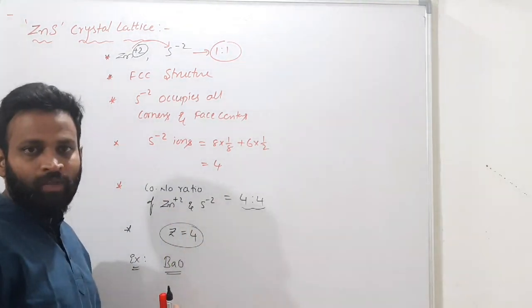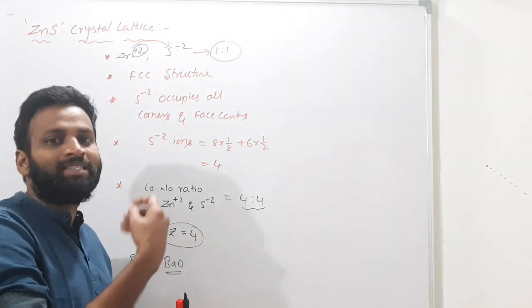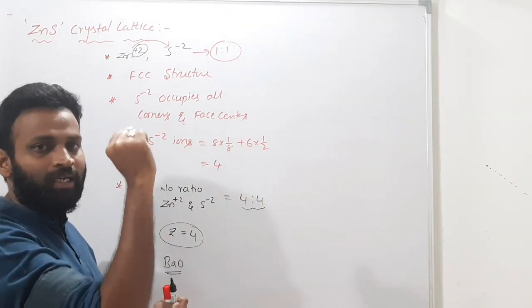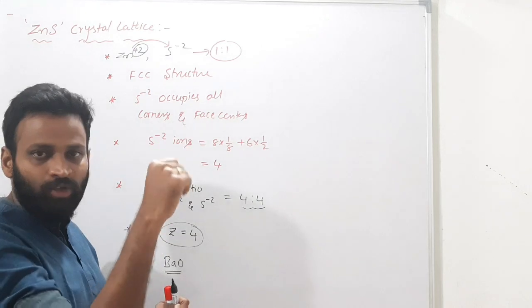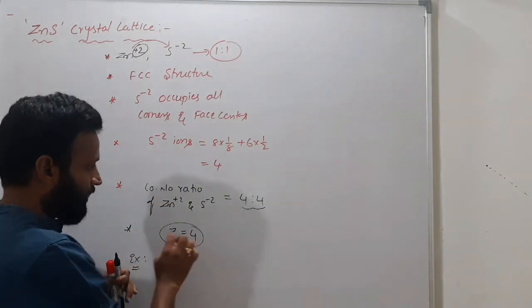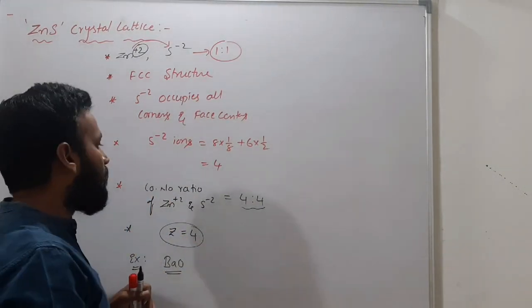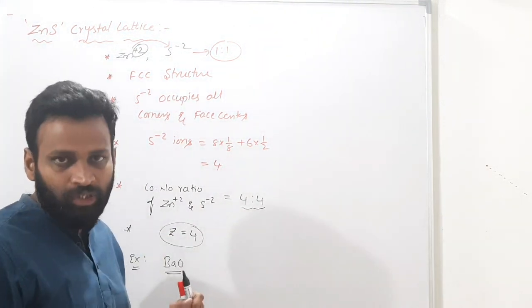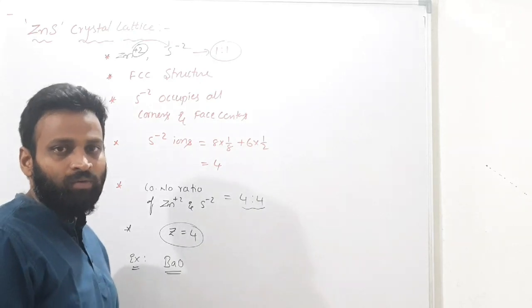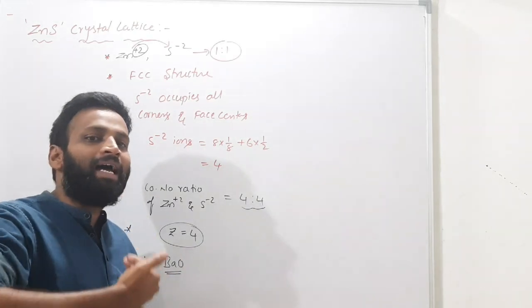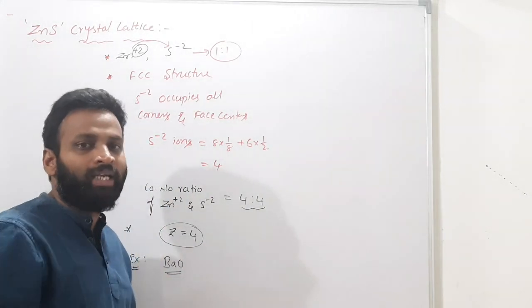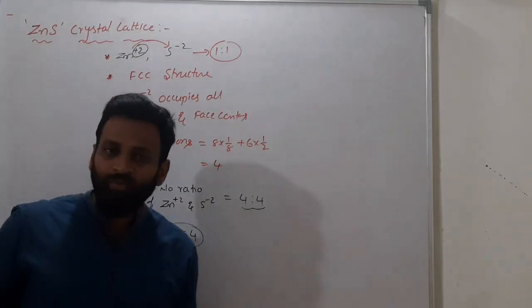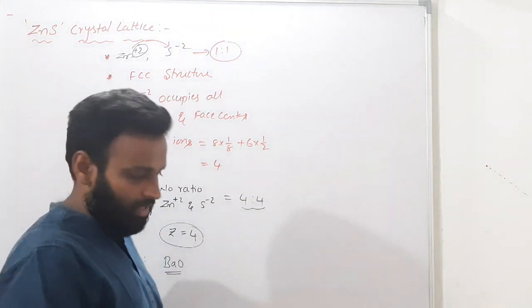Why am I telling this? Find the density of a compound which has a ZnS-like structure. For a ZnS-like structure, density is ZM by N naught a cube, and the Z you have to take is 4. Otherwise they will ask what the coordination number ratio is in the ZnS structure, which is 4:4, or how many anions surround Zn2+ in the ZnS structure, which is 4. You will have all these kinds of questions. Okay.